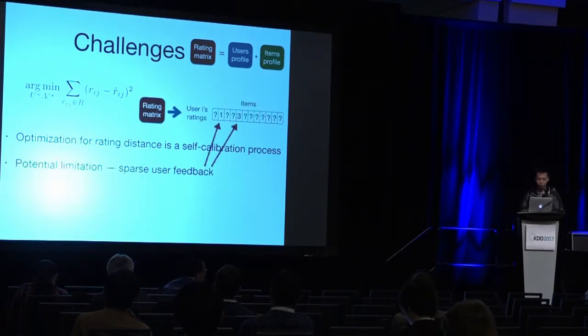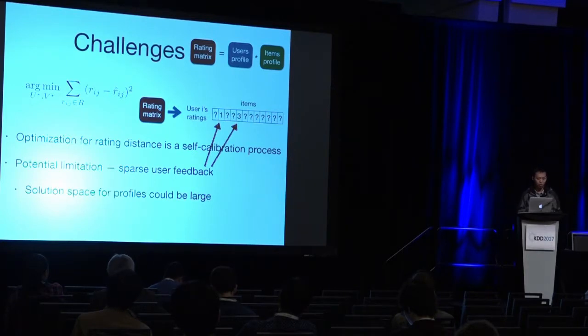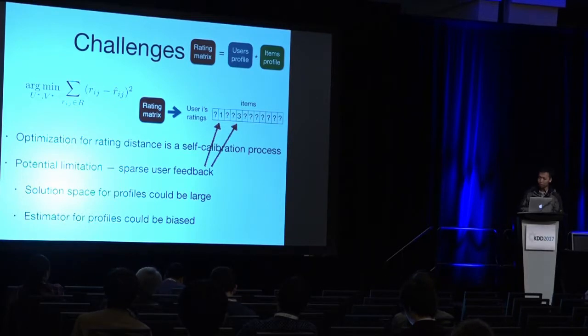And here, one problem is that the rating matrix is often very sparse. So as a result, such self-calibration cannot be very accurate. The solution space for this may be very large, and the estimated vectors could be biased. So we are wondering if we can actually borrow the information from the other items and users when we are optimizing a given rating R_ij,